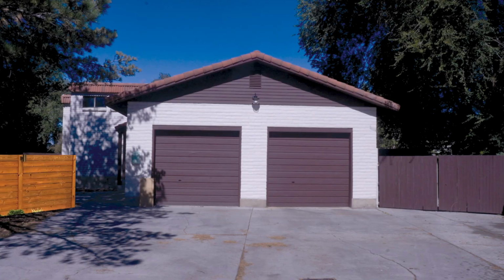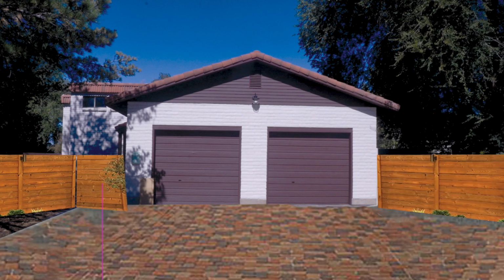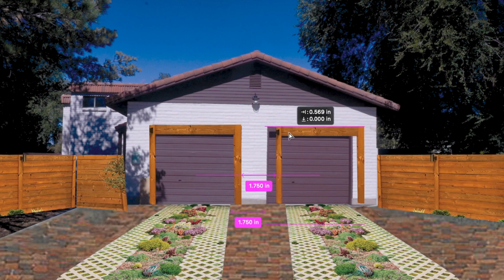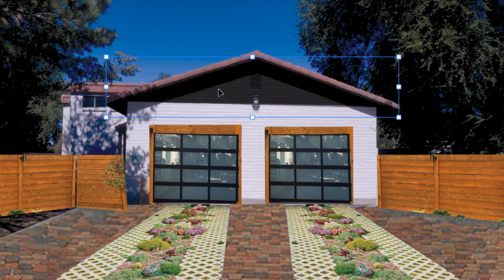So first thing I want to do is actually add a fence so that my dog can be in the backyard and enjoy her backyard. And then match the fence there on the right side, maybe add some pavers, maybe add some plants and stuff to line the driveway. Take the same wood from the fence and put it around the, what are those called? The garage doors. Change the garage doors, paint that black, and make the roof a little bit brighter. And we're actually going to start that today, but before I do...